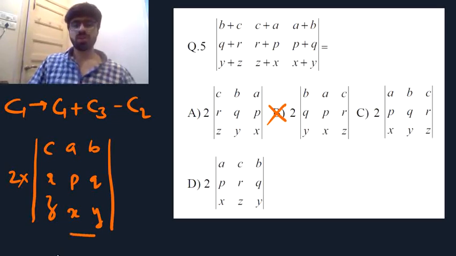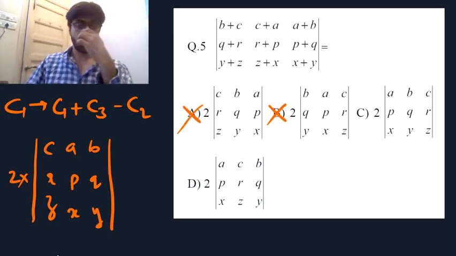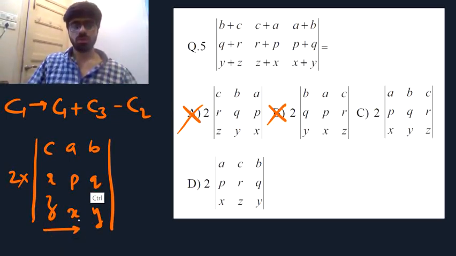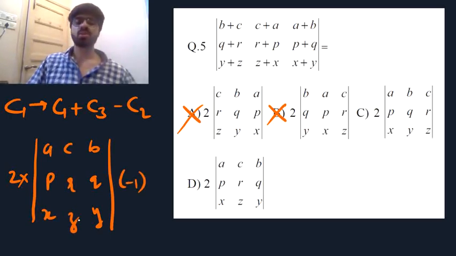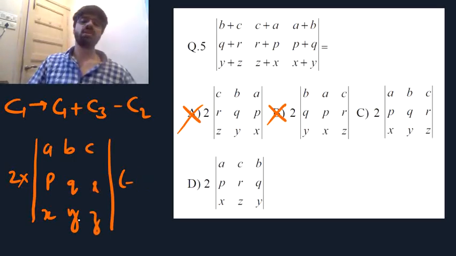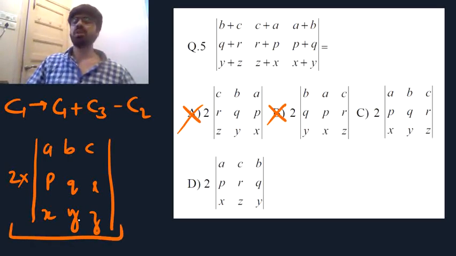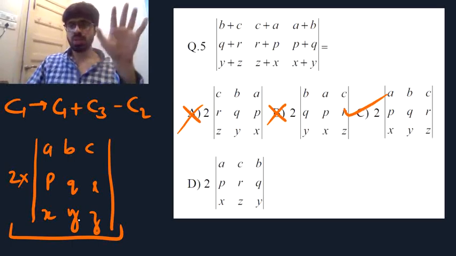So if I interchange the two columns here, it becomes this option, but it's not equal because changing just two columns will change the sign of the determinant. So A is wrong. So I think we should again change the two columns here. So that will give us APX here and CRZ here, introducing a minus 1 here. Interchange these two columns, so that will give us BQY and CRZ. So that will eliminate the minus 1 again. Now, is that what we have in our third option? Yeah. Now this determinant matches with our option C, so C is the right answer for this fifth question.